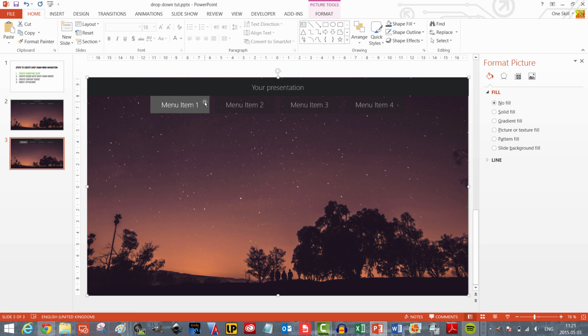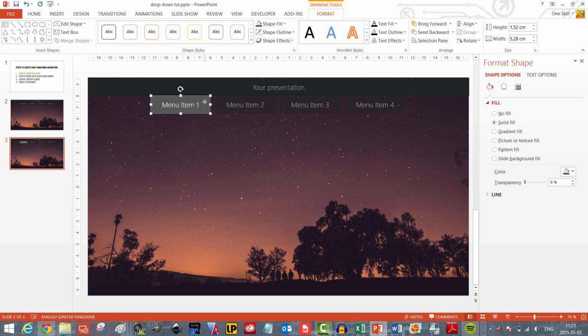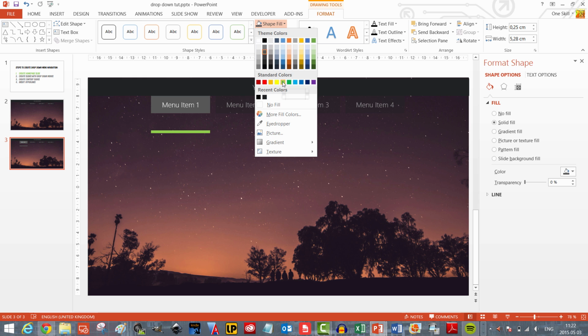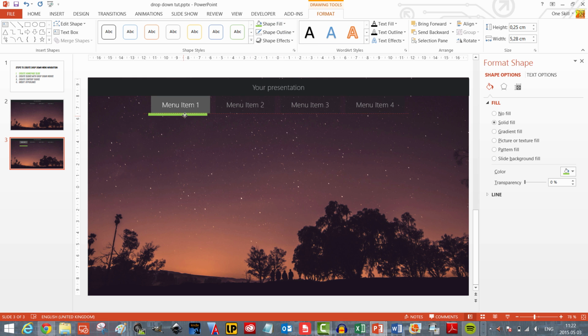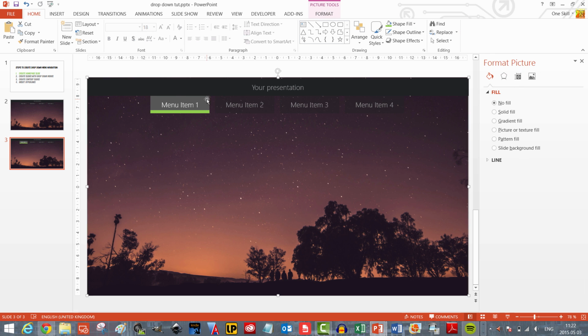OK. Now duplicate the first menu item, delete the text, and resize the rectangle so it looks like a line. And set fill color to some kind of green, and align this line or small rectangle to the bottom of